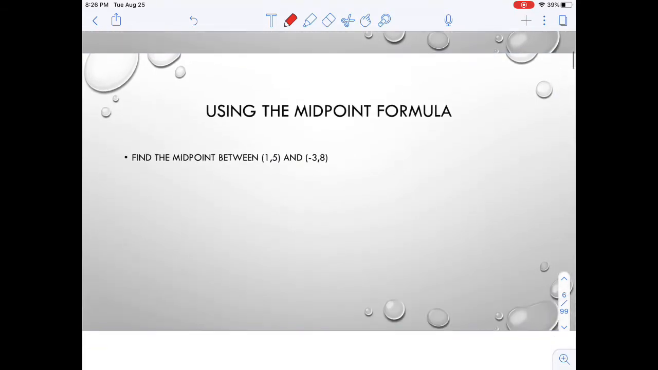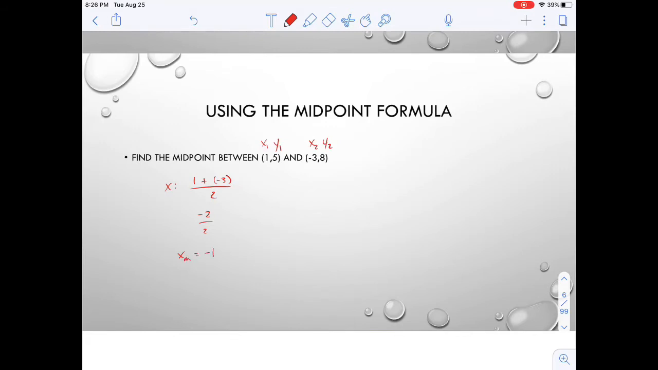So using the midpoint formula, if I have points 1, 5, and negative 3, 8, again, if I label them x sub 1, y sub 1, and x sub 2, y sub 2, and I want to put this into my formula. So let's do the x coordinate first. I'm going to average my x coordinates. So I'm going to have 1 plus negative 3, all divided by 2. Or we're going to have negative 2 divided by 2,